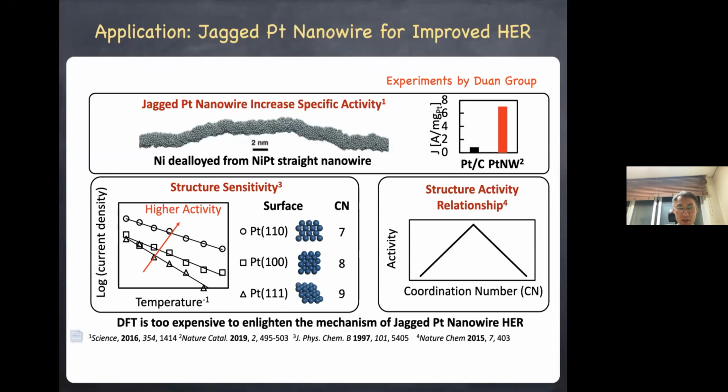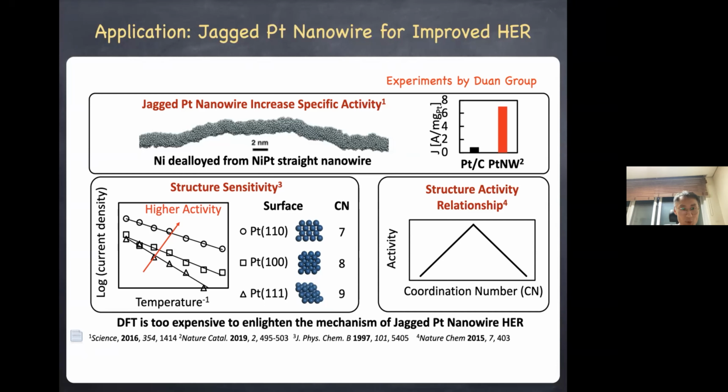Along the way of the de-alloying process, the structure of the nanowire becomes very rough and jagged, with ups and downs. They showed that this jagged platinum nanowire exhibited very high specific activities for hydrogen evolution reactions and oxygen reduction reactions.